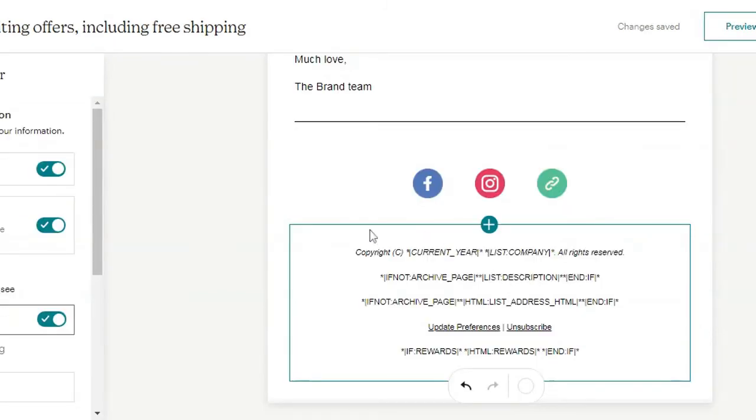Okay, now we've come to the final section of the newsletter, that is the footer. Now these are codes. This portion is the copyright. This will catch the current year automatically. And this list description will remind subscribers where exactly they've signed up, and some other information that is automatically captured.